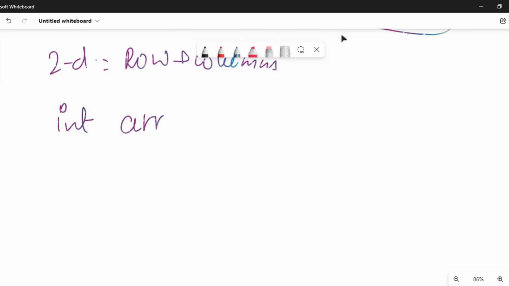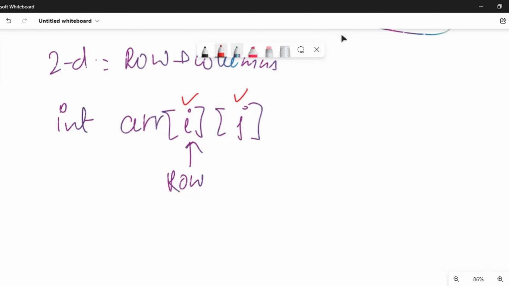After that I will be using the name of the variable. Inside this I will be passing the rows and then I will be passing the column. यहाँ पे आप कोई भी वेरिएबल ले सकते हैं, लेकिन बाय डिफॉल्ट जब भी हम इटरेशन का यूज करते हैं तो हम i, j, k इन टाइप की वैल्यूज में डील कर रहे होते हैं वेरिएबल्स में। अदरवाइज यू कैन टेक एनी। सो ये जो i होगा ये हमारे रो को इंडिकेट कर रहा होगा और ये जो j होगा ये हमारे कॉलम को इंडिकेट कर रहा होगा।